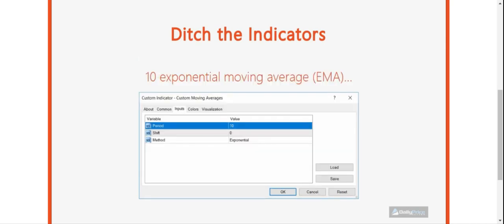Okay, so next up, let me run you through the settings I have for the 10 and 20 exponential moving averages. For the 10, the period here is going to be 10, and the method is exponential. And I'll show you in a moment where you can find this within the MetaTrader platform. For the 20, obviously the method